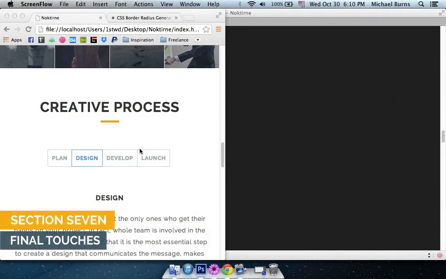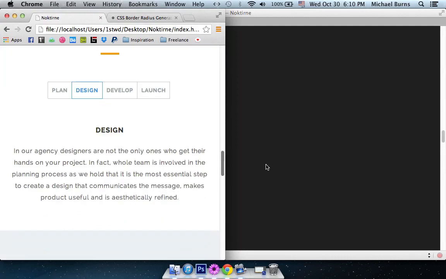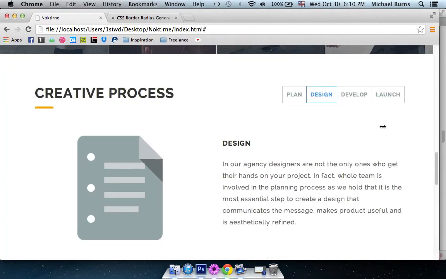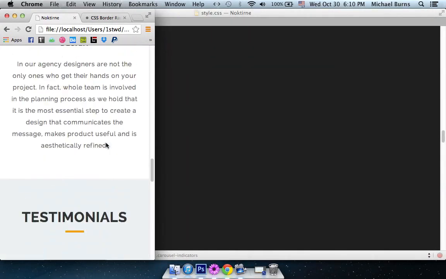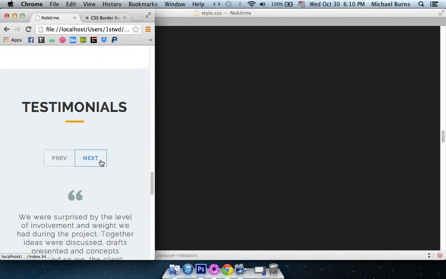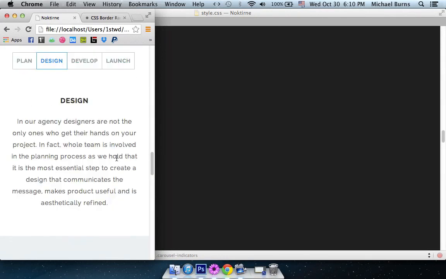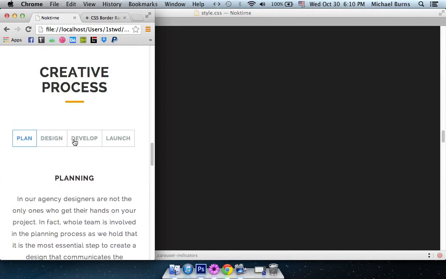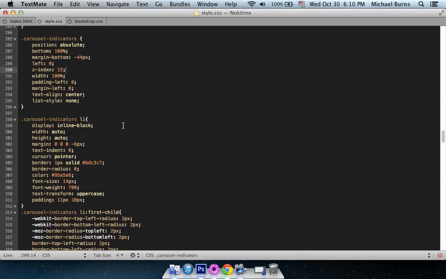Guys, now let's continue and finalize everything from the mobile side up to the largest resolution. So let's start with the controls right here. As you can see now, it's fixed compared to the last part, what we left right here. So to do that, in order to fix it,